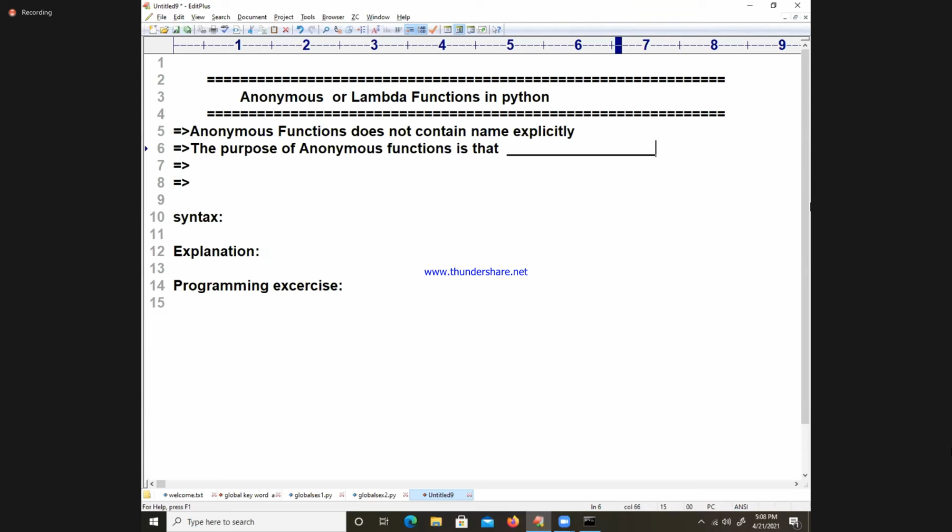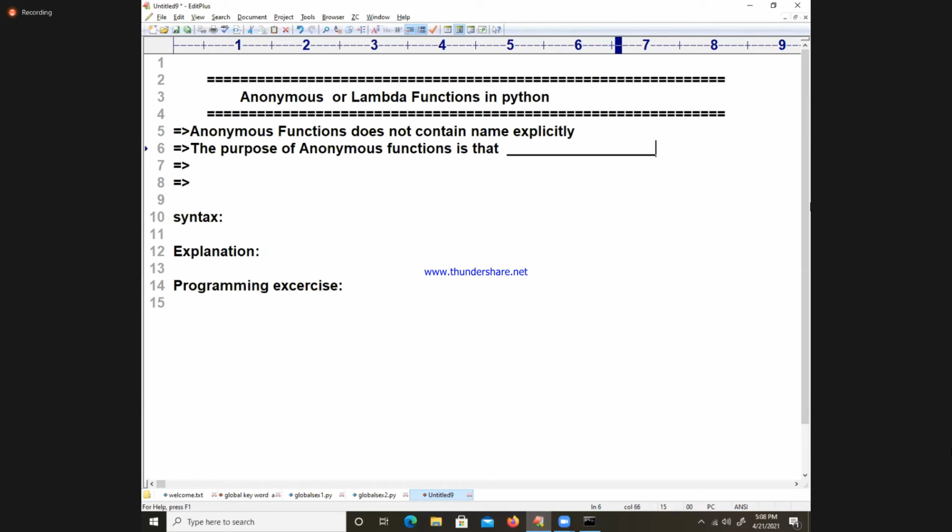Movie tickets on a particular day, generating the movie ticket on the particular day. When you enter the banking application services, you get a token number. It is for what? Instant purpose. So like that, you are getting some instant operations. Those instant operations are used at a particular point of time, and we are no longer interested in them tomorrow or the day after tomorrow.